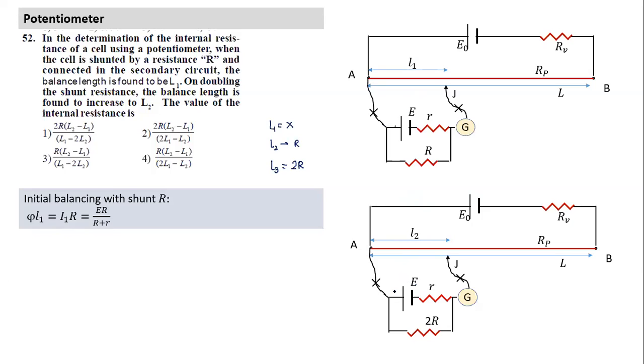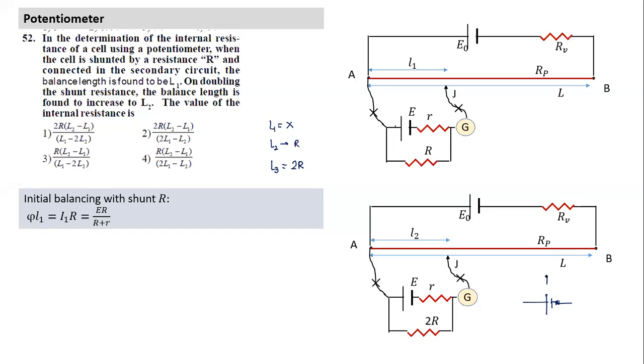Second case, less current is flowing here. See, what happens to terminal voltage of the battery? Suppose battery is given. What happens? More current is there, sir. More current. When is current more? When the resistance is less or resistance is more? Less resistance. Yeah, so let's understand terminal voltage again a little bit.